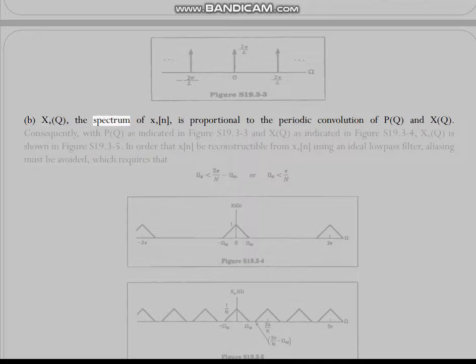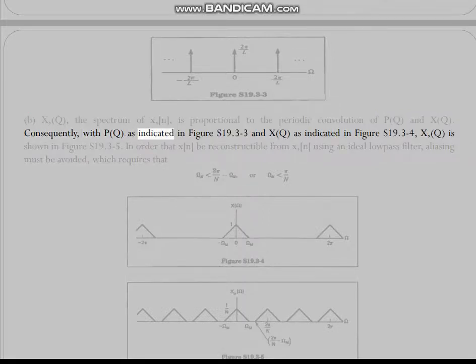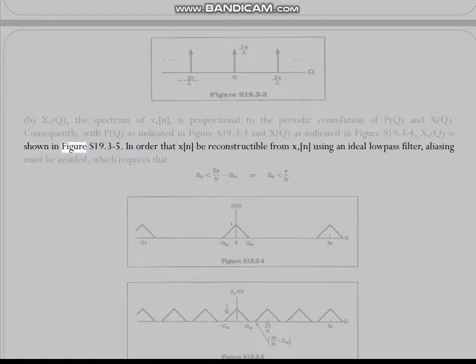B. The spectrum of x_p[n] is proportional to the periodic convolution of P(e^jω) and X(e^jω). Consequently, with P(e^jω) as indicated in figure S19.3-3 and X(e^jω) as indicated in figure S19.3-4, X_p(e^jω) is shown in figure S19.3-5. In order that x[n] be reconstructible from x_p[n] using an ideal low-pass filter, aliasing must be avoided, which requires that